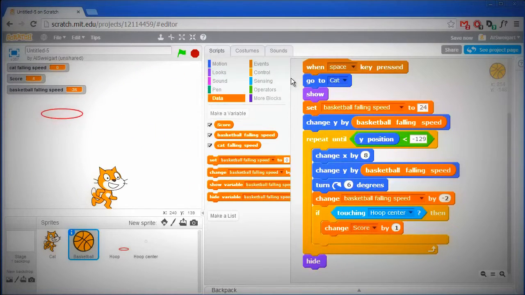That's pretty good, except that's sort of weird how the score is now 4 even though we only made 1 basket. And the reason that happens is similar to the reason why the Whack-A-Cat game that we did previously registered multiple points for 1 hit. This loop is looping so fast that before the basketball has a chance to get away and not touch the hoop center, we've already looped through here 4 times, which is why this change score by 1 block was